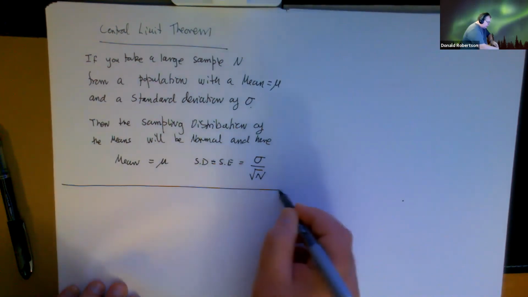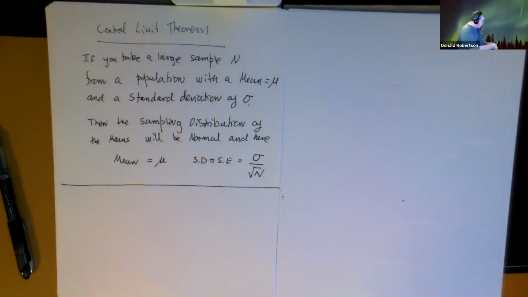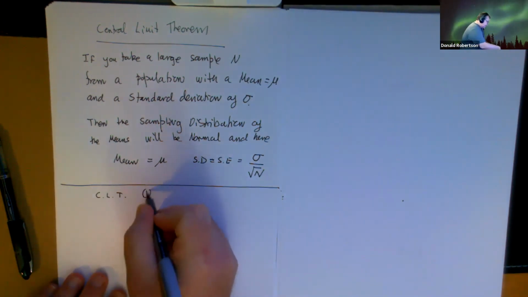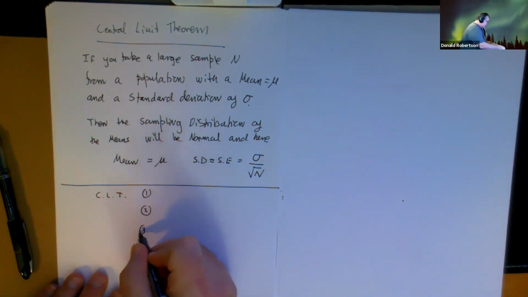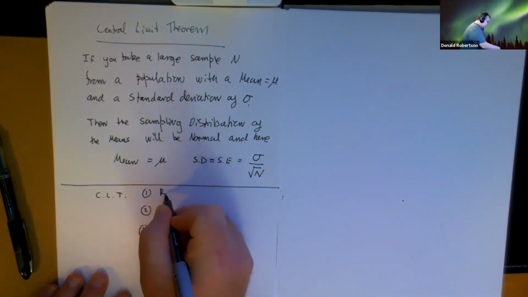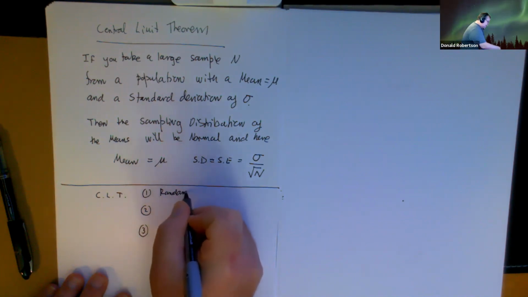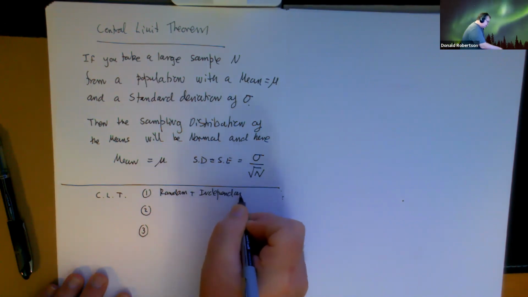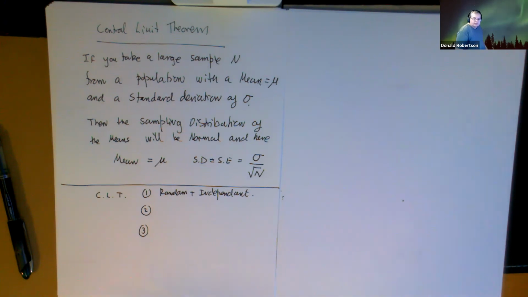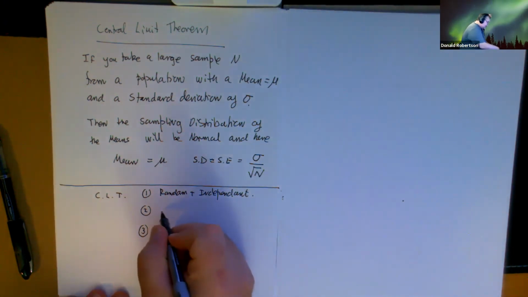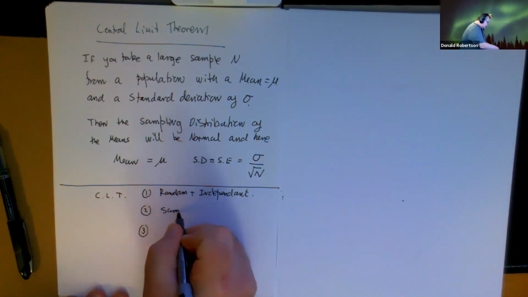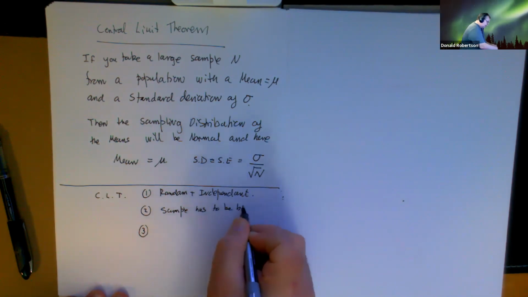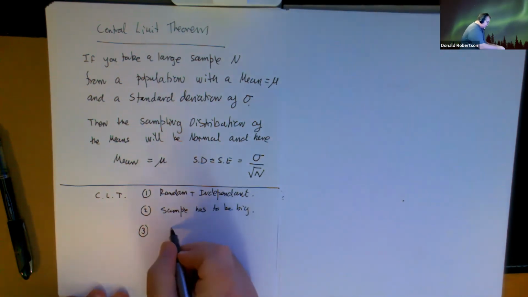So how can this work? Well, first we have to take the central limit theorem. When can you use it? The sample needs to be random and independent. Secondly, the sample has to be big. Thirdly,